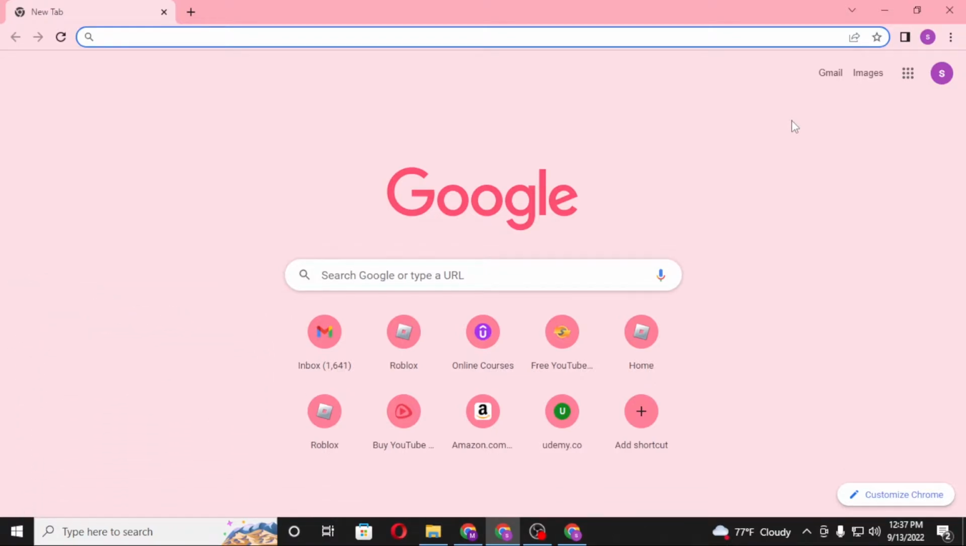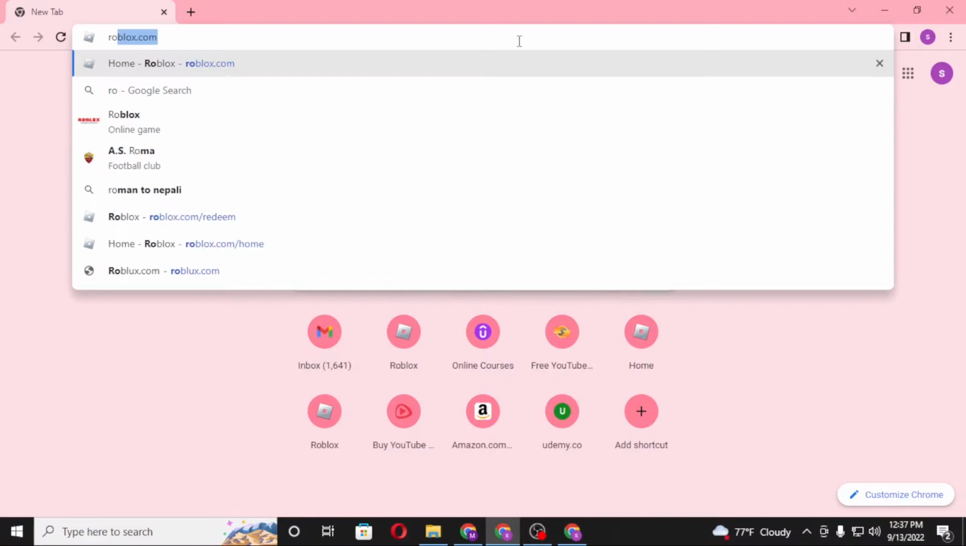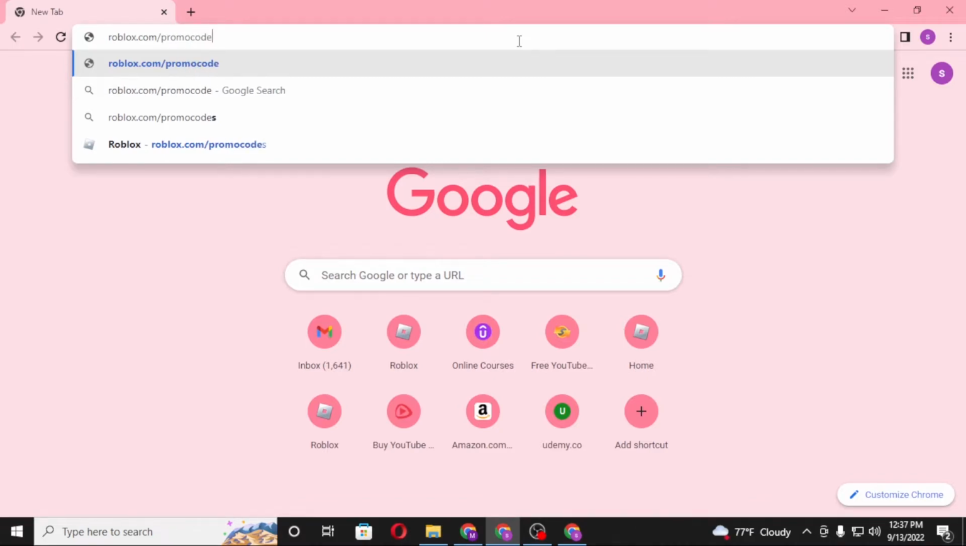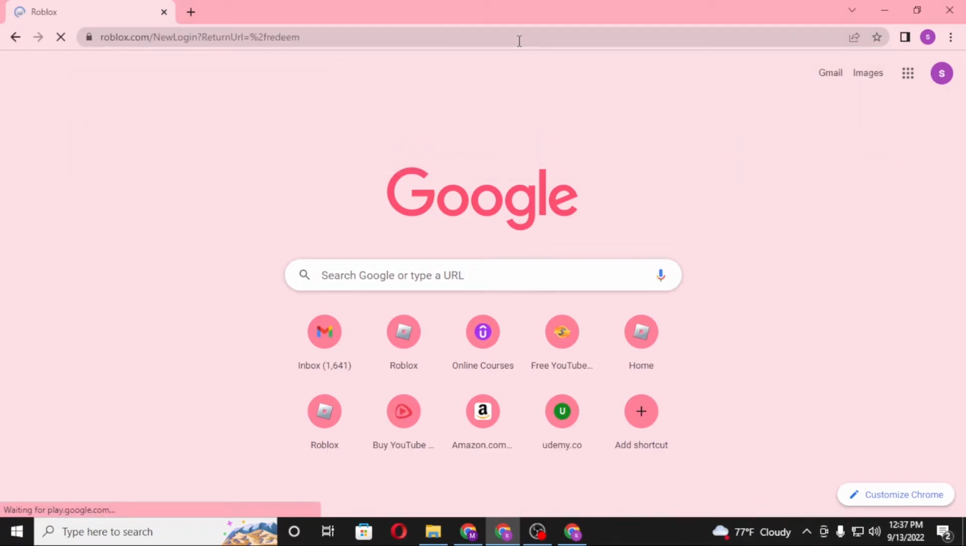Now to redeem your Roblox promo codes or the codes on your computer, first open up your preferred browser. As I have already opened Google Chrome, on the search bar, click over there and type in roblox.com like this and give a backslash and type in promo codes like this and hit enter, and then you'll